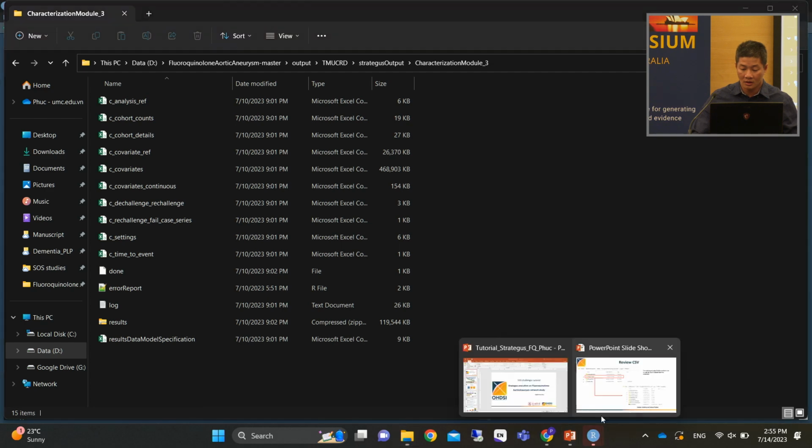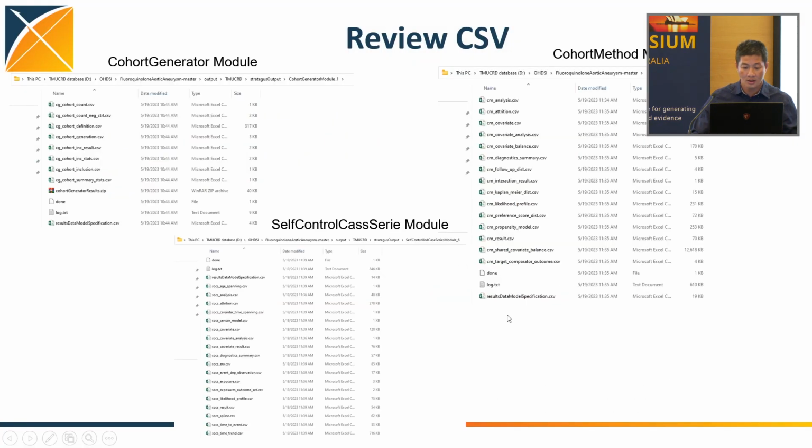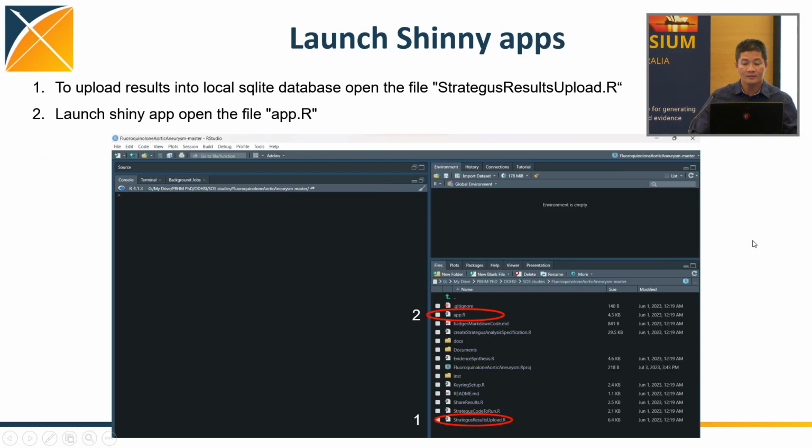So if you want to launch the Shiny app, you have two steps. The first step is that you upload all the results in the CSV files by opening the file Strategus result upload, and then you launch the Shiny app,